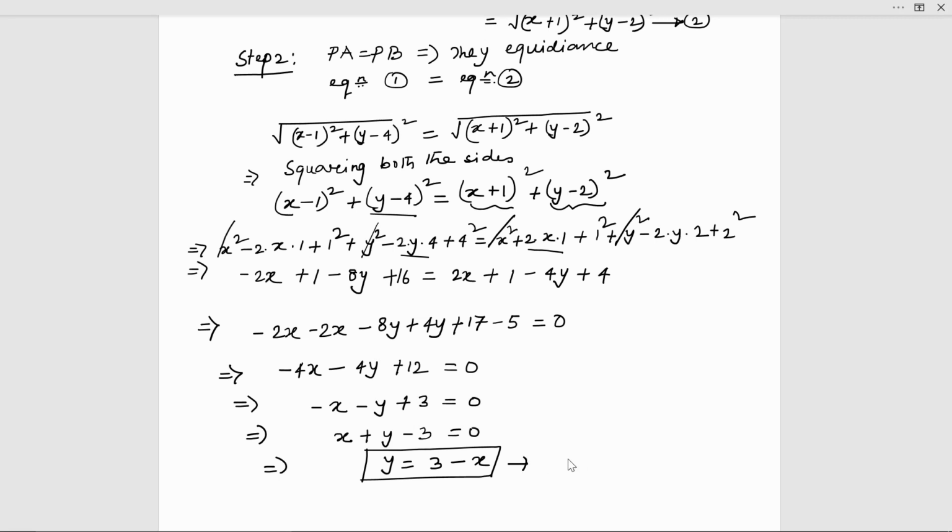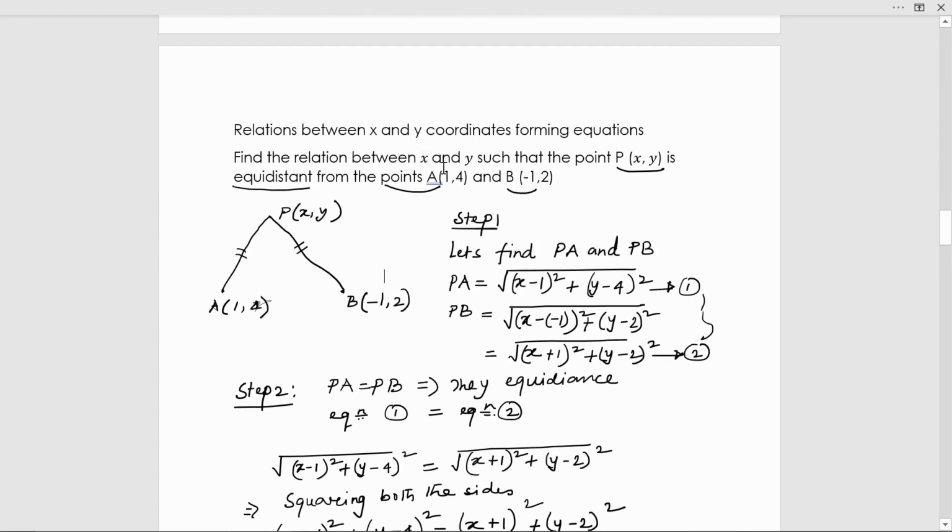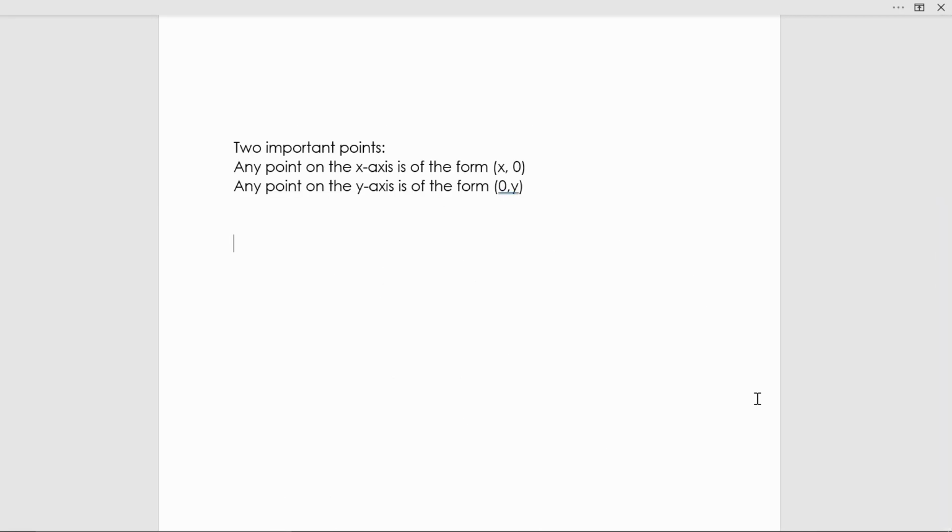So this is the required equation which we have derived from the condition that is given, which is that this point, that is point A, is equidistant from point B and point A. So the last point that we'll discuss today are these 2 points, which basically will tell us about any point